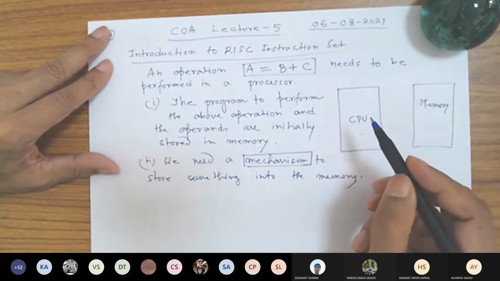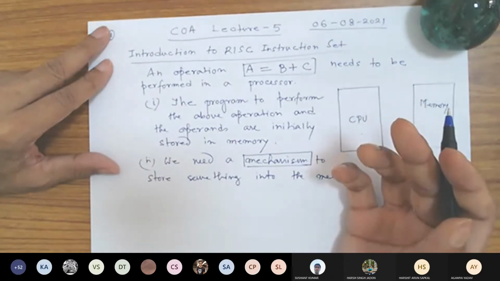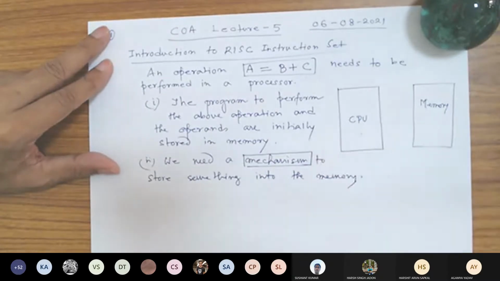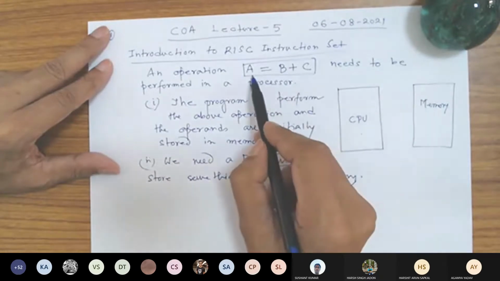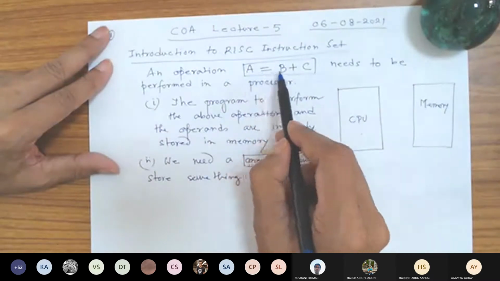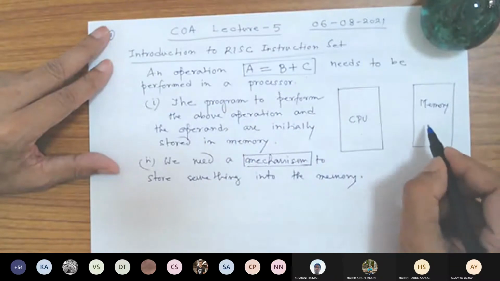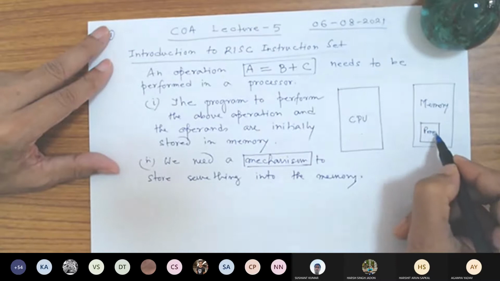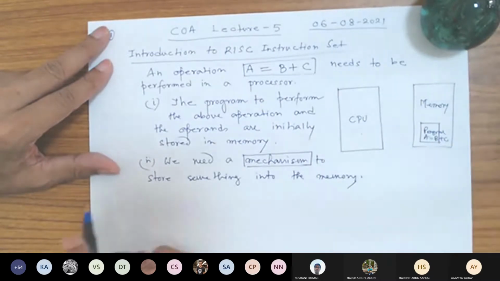It's again a program. So which is the first program? This is very important. It's like a chicken and egg problem. Which comes first? I would like to execute this program A equals B plus C. So first, for execution of this program, I need to store this program into the memory, somewhere in the memory. Let's assume that this is the program for A equals B plus C.